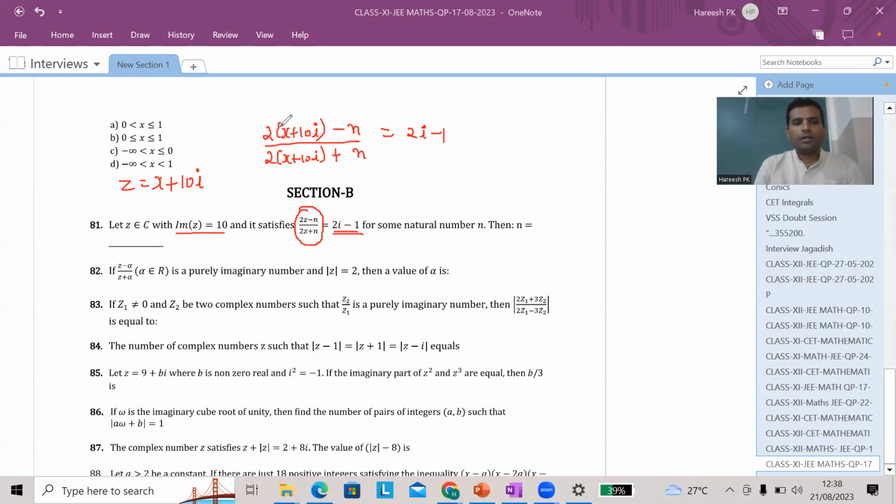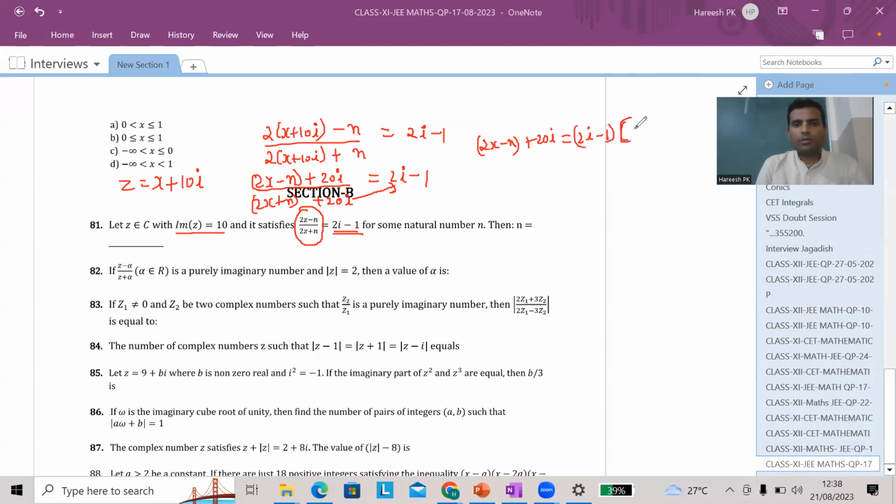So now when you simplify, grouping all the real terms, numerator-wise you'll get 2x minus n and then 20i, and denominator-wise 2x plus n and plus 20i. So now I would suggest you can cross multiply here. When you cross multiply, you will get 2x minus n plus 20i is equal to